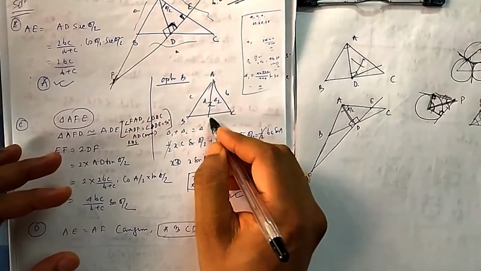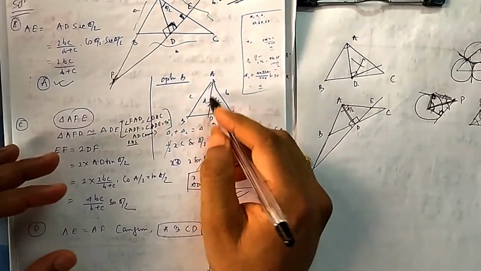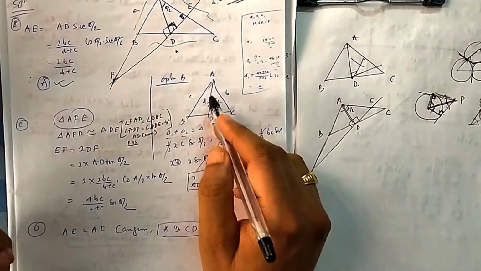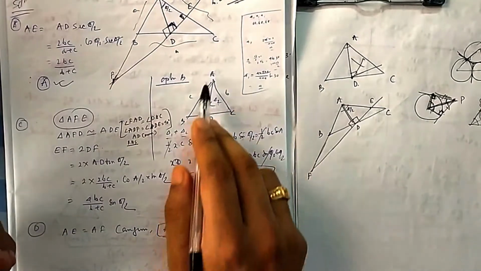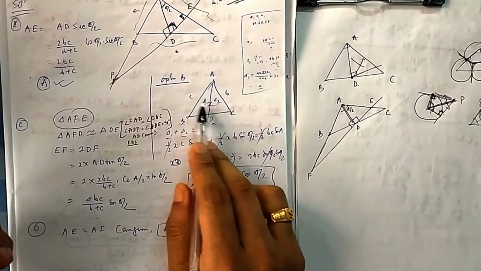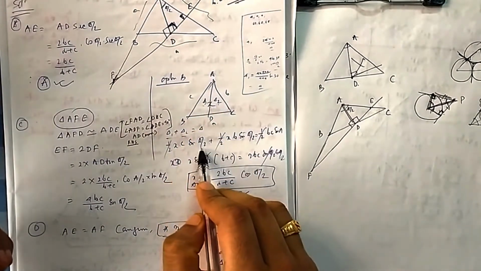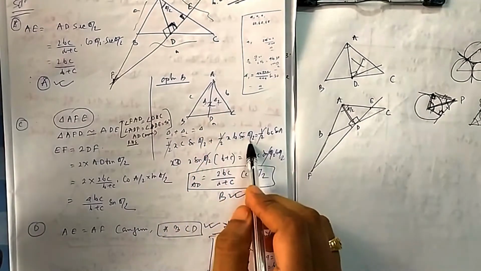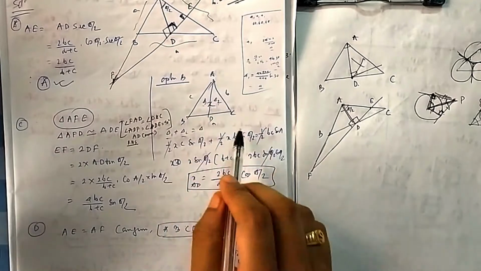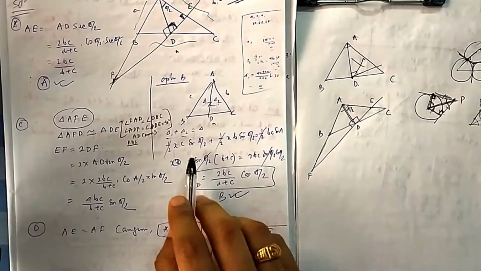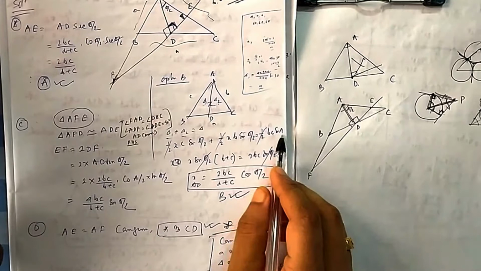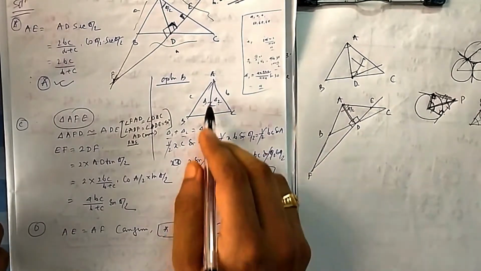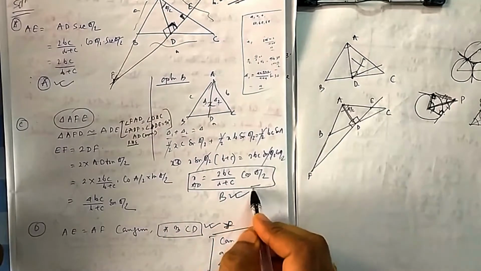Suppose this is the angle bisector AD. It will divide the triangle into two triangles, delta 1 plus delta 2. The sum of these two will be equal to the total triangle area. So what is the sum? You can say half of x into c into sin A by 2, plus half of x into b into sin A by 2. Our total is half of bc sin A. If you do this, you can write sin A as 2 sin A by 2 cos A by 2, and sin A by 2 will get cancelled. You will find x, that is AD, is equal to this formula.